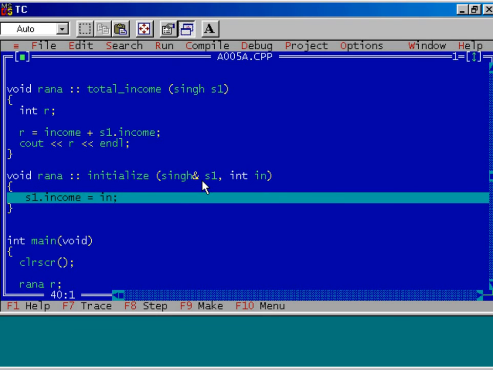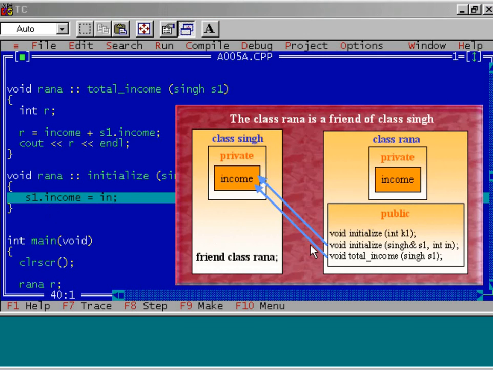Press F7 key. This value I assign to the S1.income. Now see, why this function initialize can access S1.income? Let us see the diagram. This function initialize is a member function of Rana.